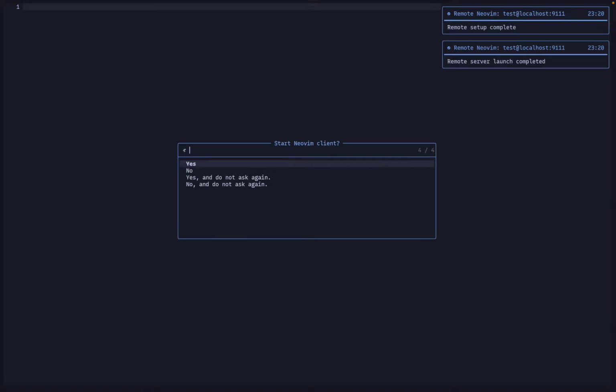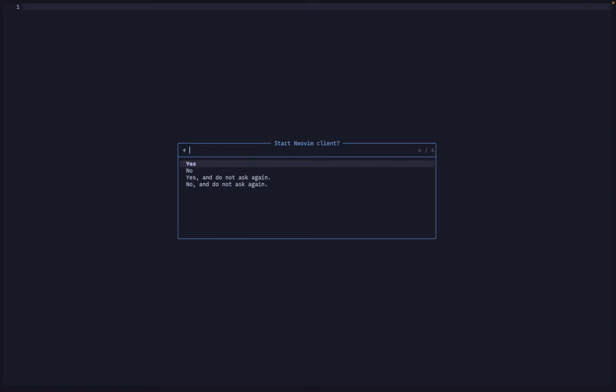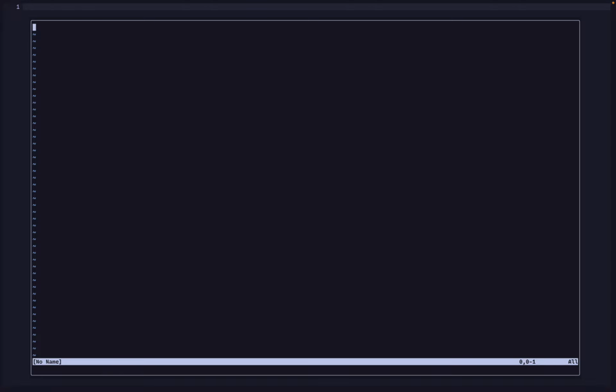And now it says that the remote server has been launched, and I can just choose yes to launch the neovim client. And as you can see there are the same 4 options over here for the same 4 choices. So for now I'll just choose yes, and you can see that there's an empty prompt over here, which is not something that I expected, because